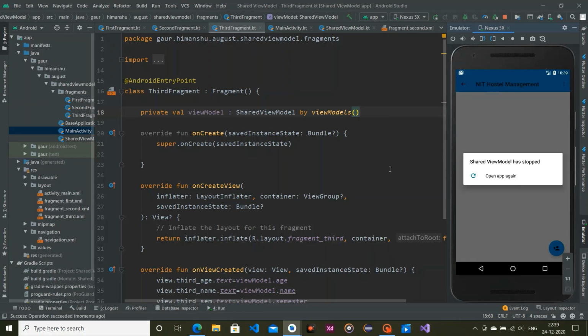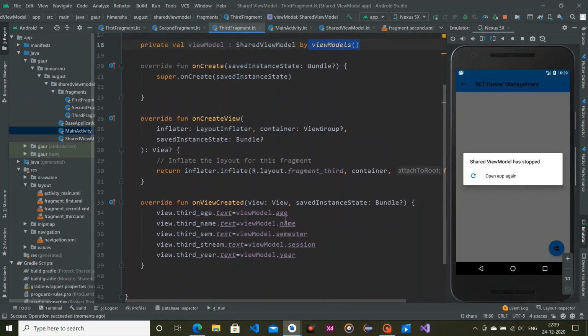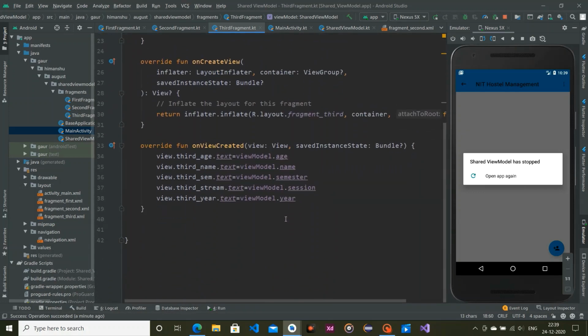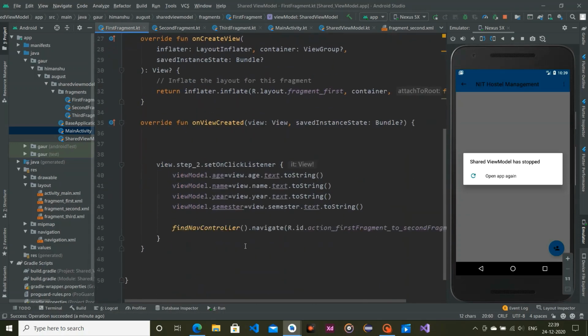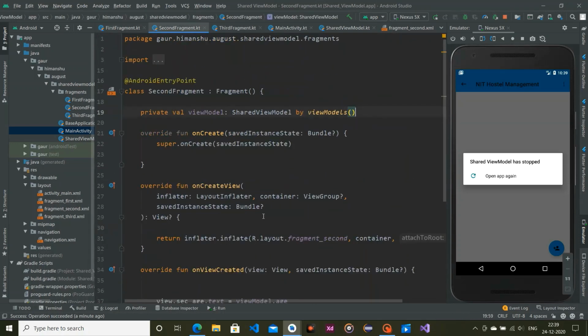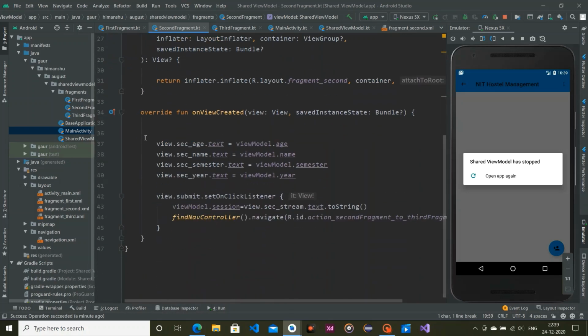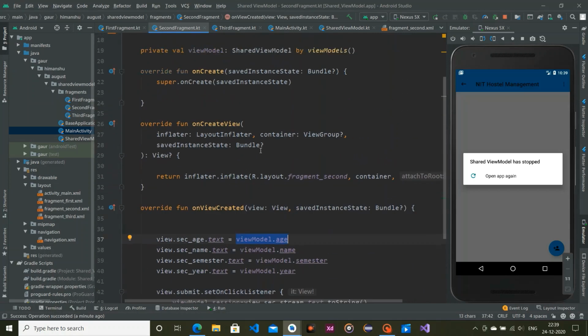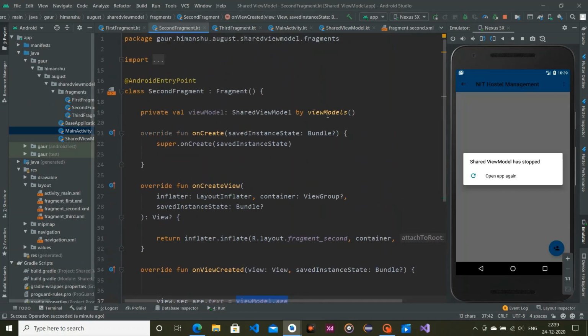The view model present in the first fragment is fine, but when we click submit, we navigate to our second fragment. This fragment will actually have a different view model, so this view model will not have the data, because it is lazy initialized. That's why we can't share our view model by using the delegate view model.